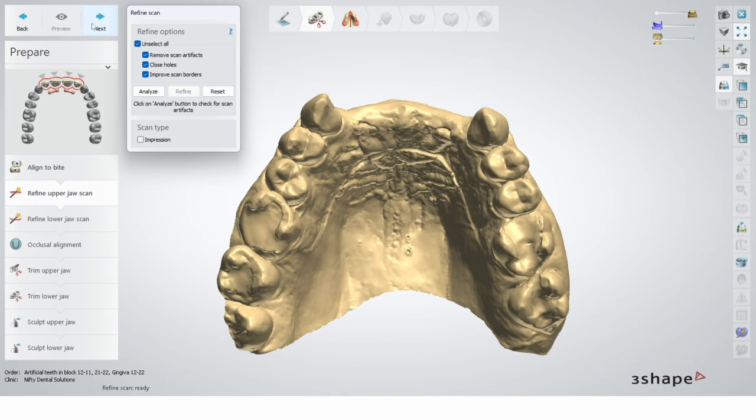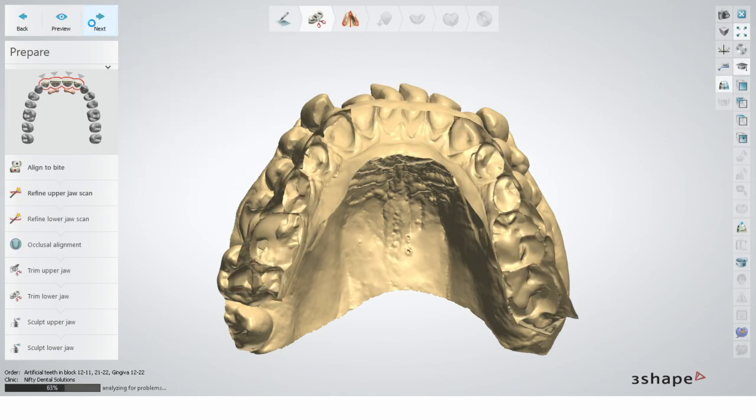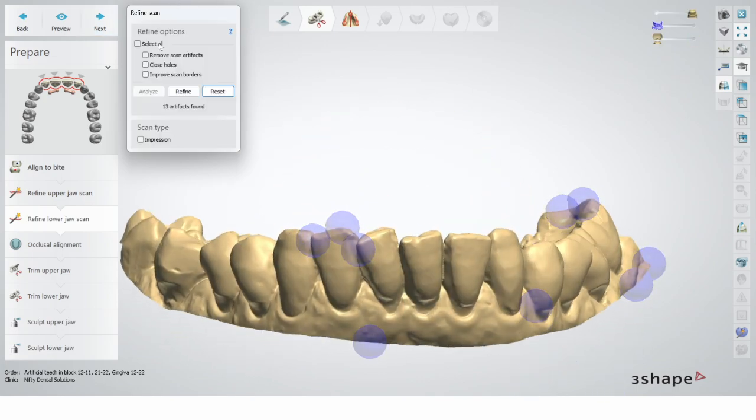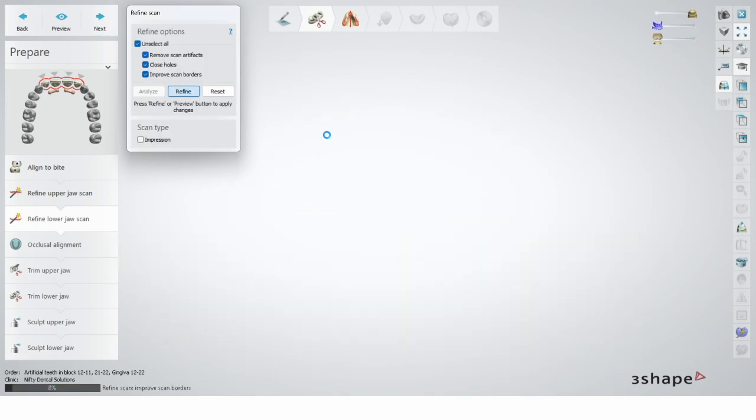We now can move next and do the same for the lower jaw. It's the antagonist, so if you want you can skip and go forward. It's not mandatory to do it, but we're gonna do it anyway.